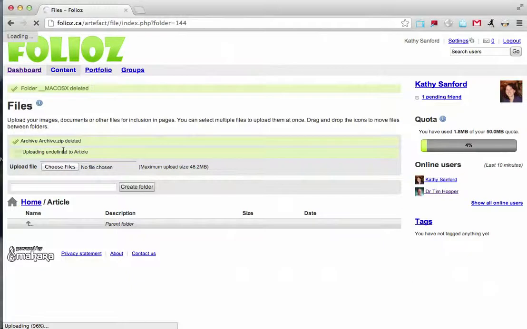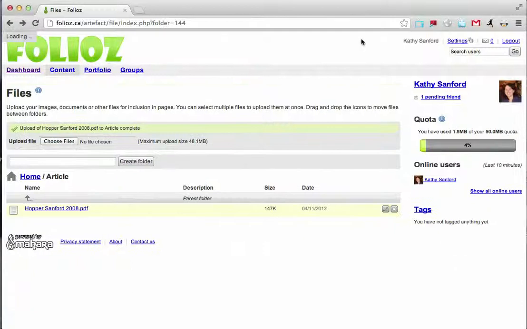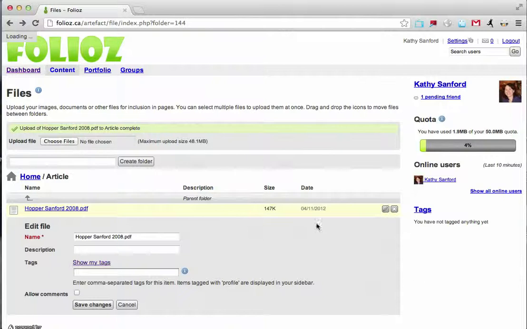Word documents can be done the same, and the best idea is to make sure you organize it into an appropriate folder system, whatever artifacts you want to upload. The other good thing is once you've uploaded any one of the files you've uploaded, you can actually give it some descriptions so that you understand what the purpose of that file is. So once the file is uploaded, if you click on the little pencil here, it gives you a way of adding description. So paper on